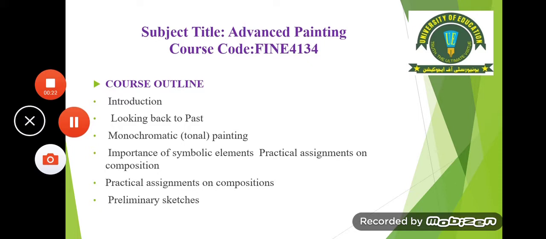First we will see the course outline of your subject. Your first topic is introduction, then there is looking back to the past. The third topic is monochromatic tonal painting. Then there is importance of symbolic elements, practical assignments on composition. Then there will be preliminary sketches,